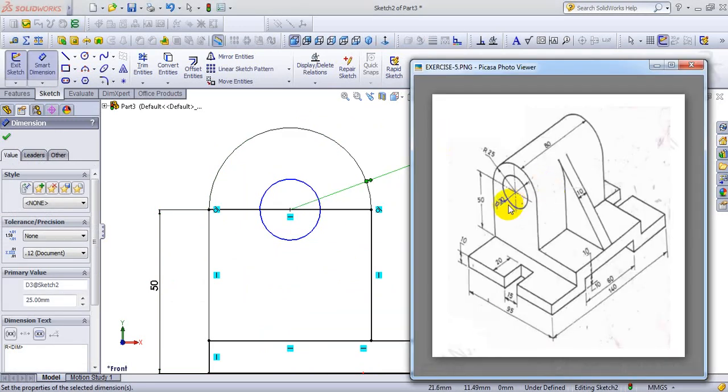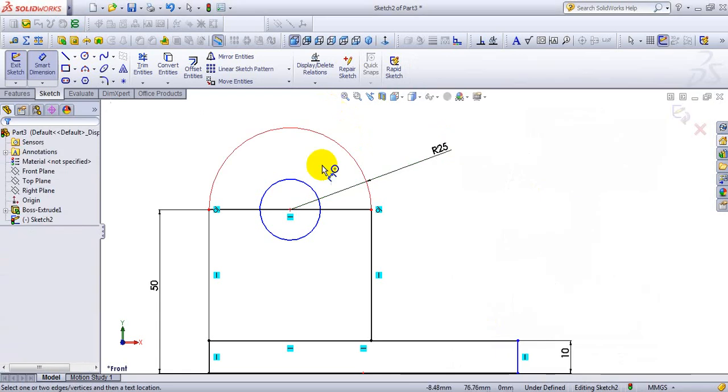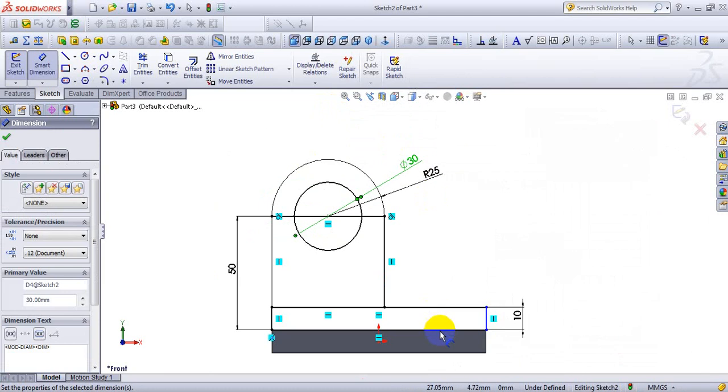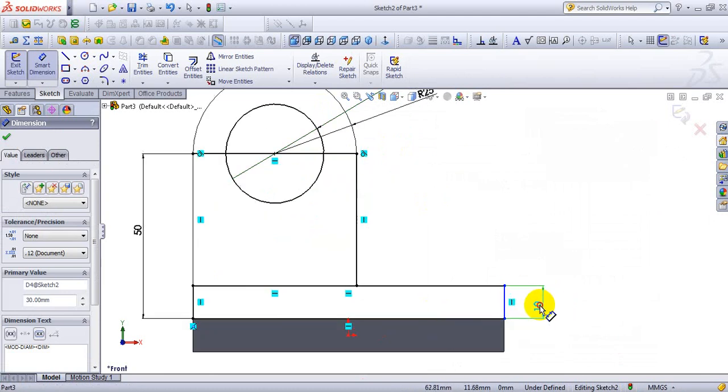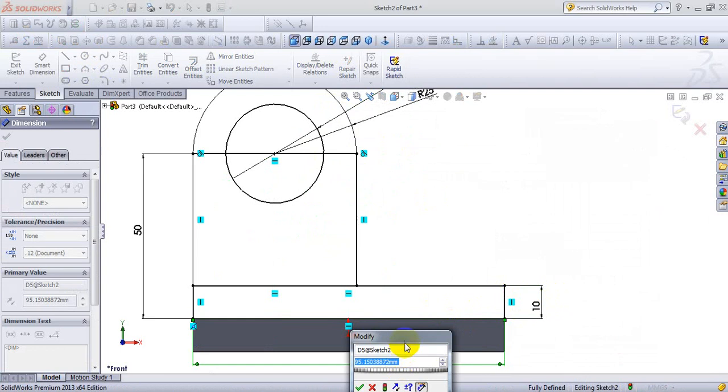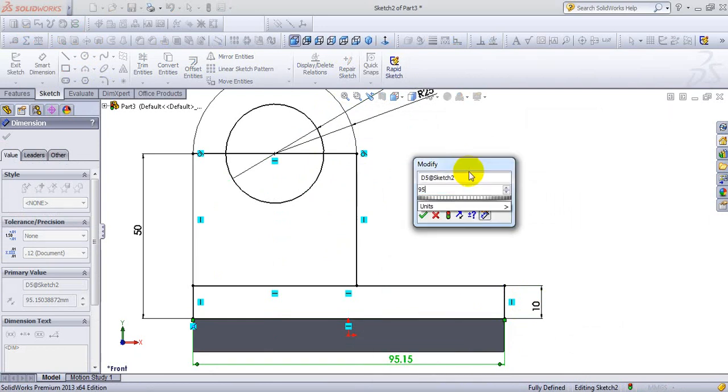Diameter of this circle is 30 mm. So do the dimension of this circle as 30 mm. Here see we have given height of 10 mm and this is 95, so enter as 95 mm.